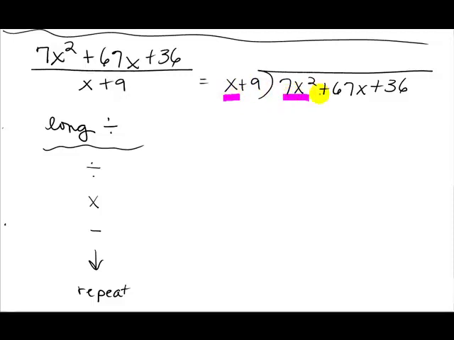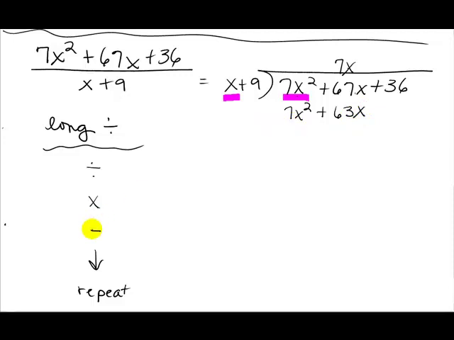Now we've got two terms, so we're going into two terms. So we can't put our 7x here. We're going to put it here. And then after we're done, you'll see that all the x's are going to line up right here. Now we multiply. 7x times x is 7x squared. 7x times 9 is